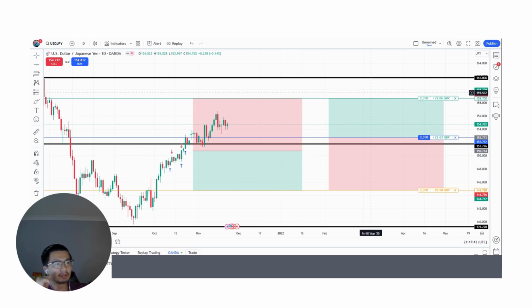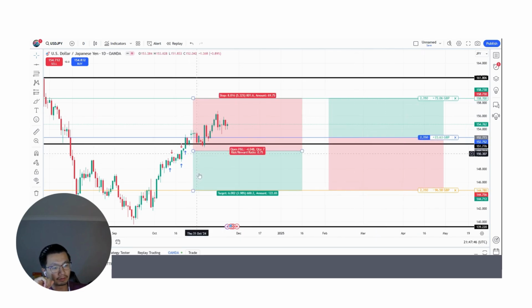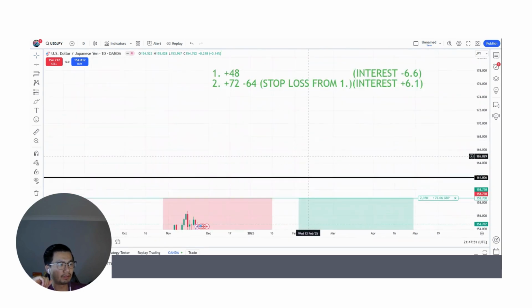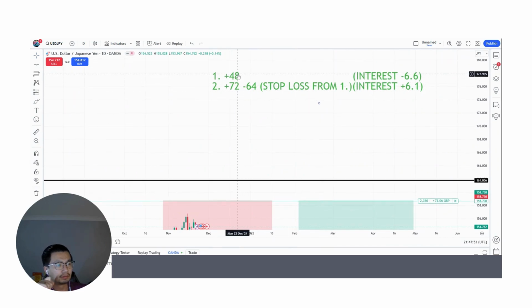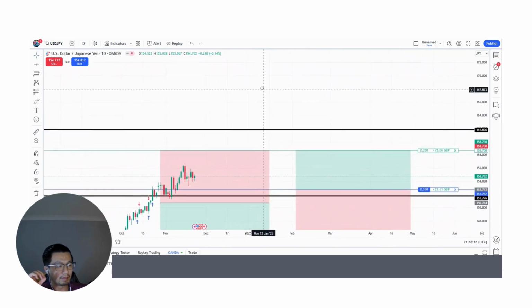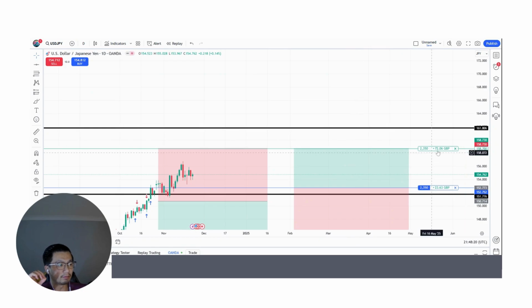I put £48 into the reverse side, so £40 to go down and 48 to go up. So a little bit of maths here. First scenario, I shorted it, and if it goes well, I'm going to get £48 minus the interest of £6.6. But now we can clearly see it's going in the opposite direction. It's going to go up. So my profit, if it hit that, will be £42